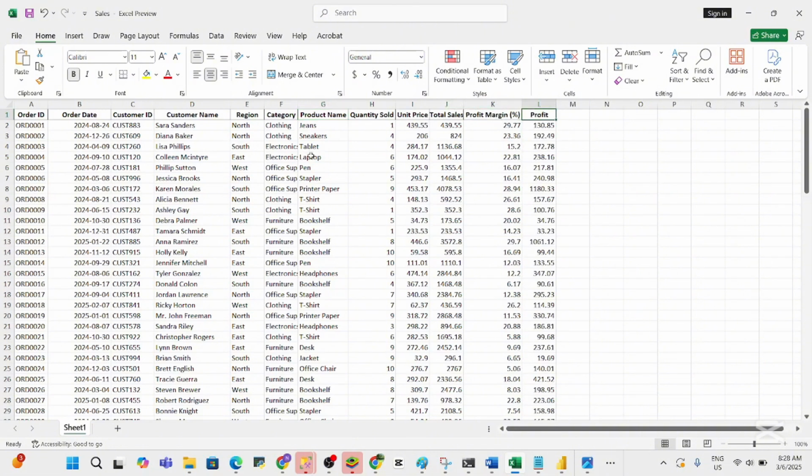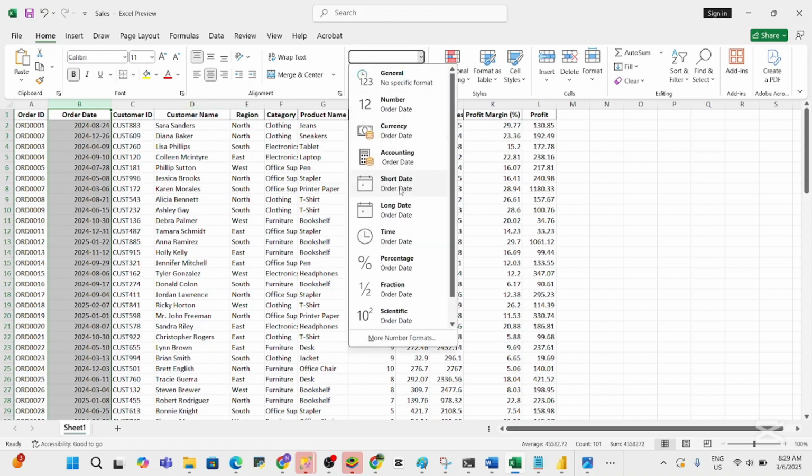And the next thing we need to do is clean our data. Cleaning, we need to check for missing, we need to check for duplicates, we need to make our dates in the correct format, the currency in the correct format. Okay, now let's get started. So let's see, create order date in the correct format. So I want this to be in date. So you come here, you select the date. So short date,